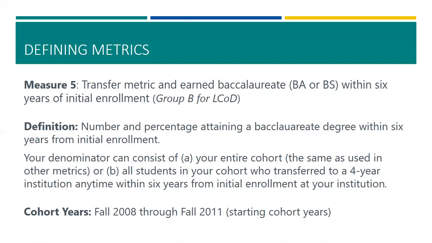Again, I can't really tell you why it might be better or worse for your particular school to calculate it one way or another, but we give the choice because it depends on who you go to, the metrics are defined differently. The basic thing we're looking for is upward growth throughout, no matter what. So whatever you choose is fine, you're just going to be consistent with it. Again, these cohort years look even older. It's fall 2008 to fall 2011 because we need 6 years worth of an opportunity for students to earn that baccalaureate.